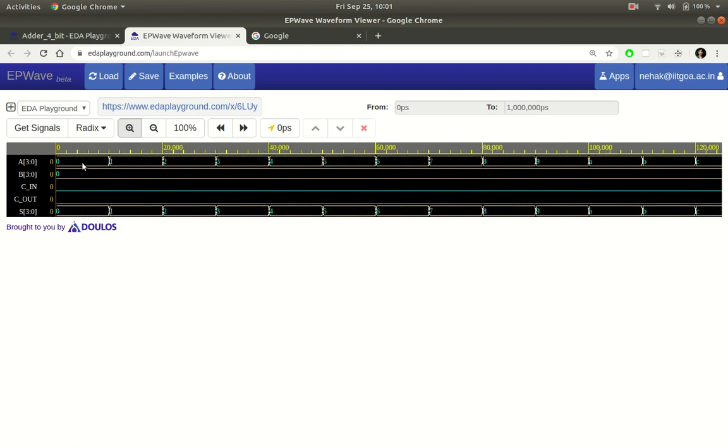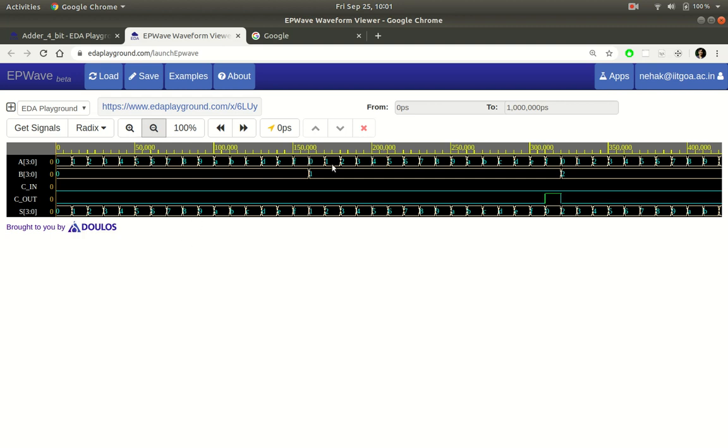A increments from 0, 1, 2, 3 and so on, and B also increments but with a larger time period, and then finally the sum. So sum currently reflects A. If you go to another location where B is 1, then sum would be 1 more than A and so on. So it seems to be correct.